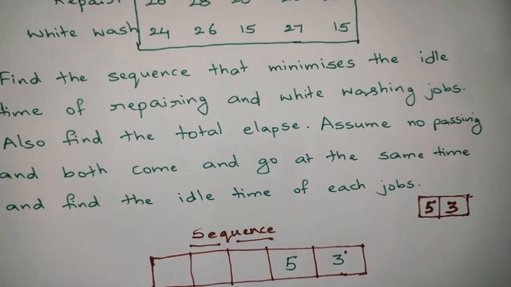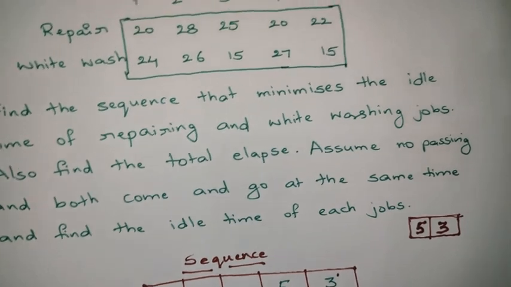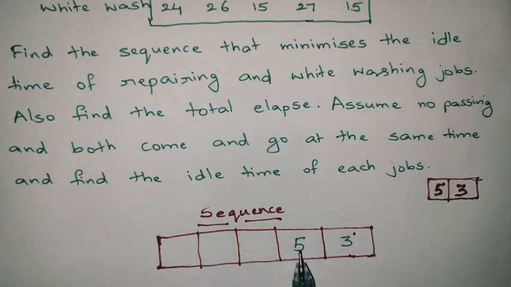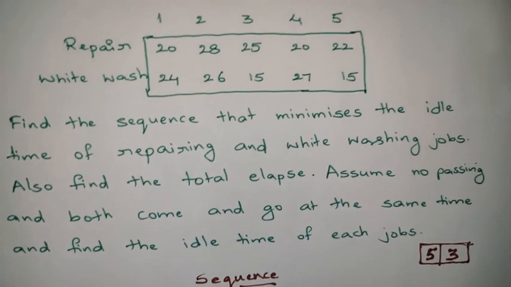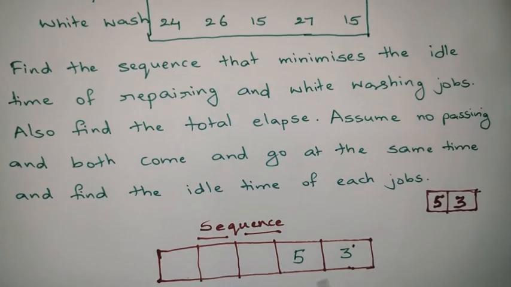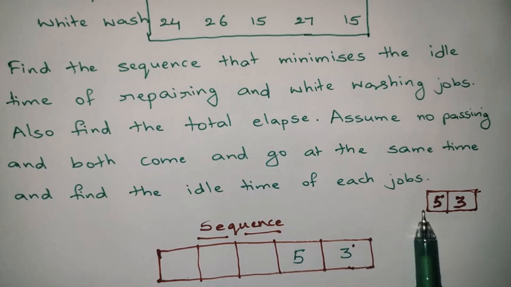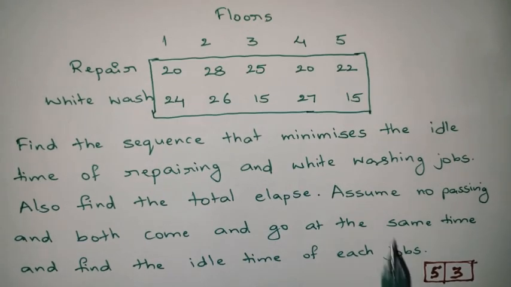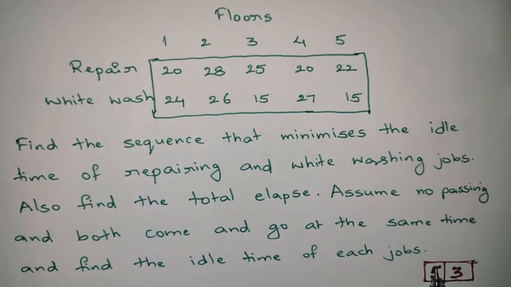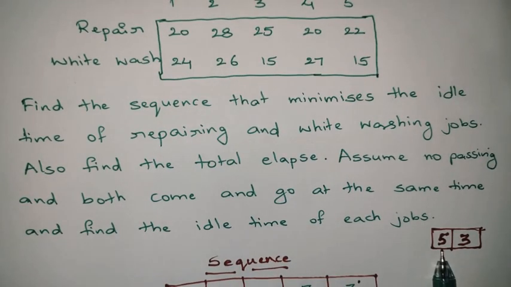3, right? So now the minimum value exists in the second process. So that's why we need to write on the left side the values corresponding to 3 and 5. So we need to take a separate look at these two tables. Now I am taking these two tables. The minimum value exists for floor 5 corresponding to the first process. So if you take these two tables, in process 1 it is minimum. So that's why we are going to write it on the left side and the remaining thing on the right side.